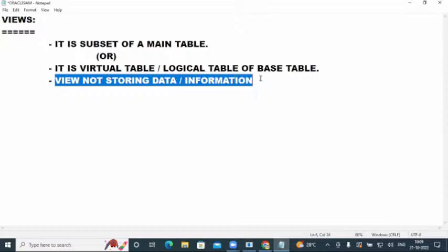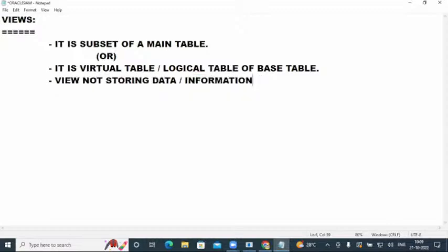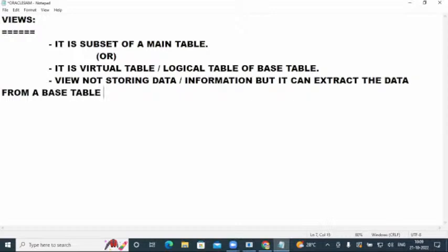I said it is not a physical object, it is a virtual object. It doesn't store data or information, but it can extract the data from a base table